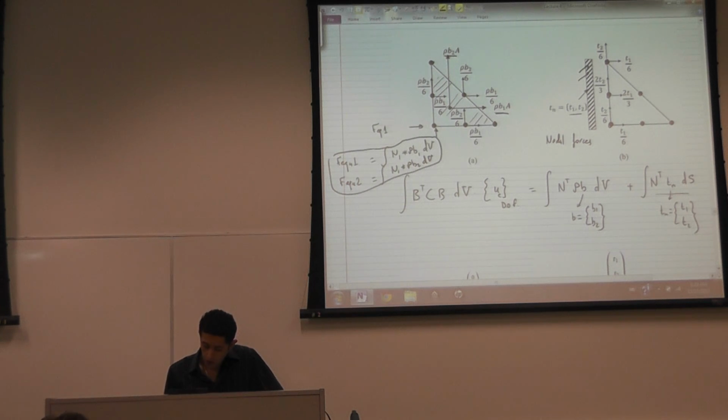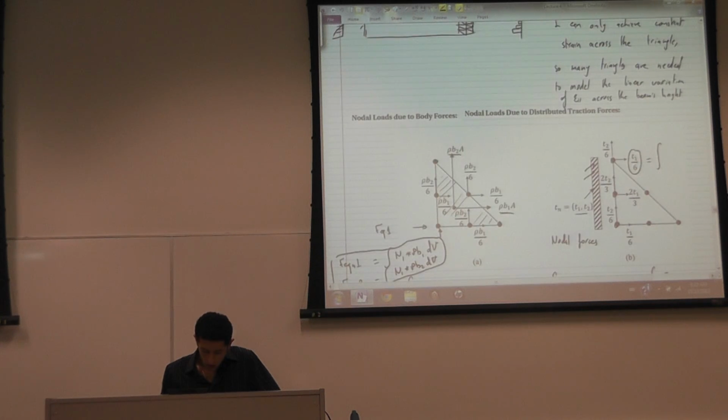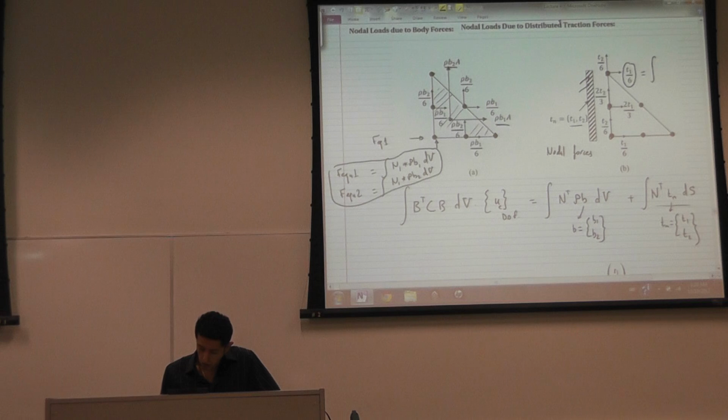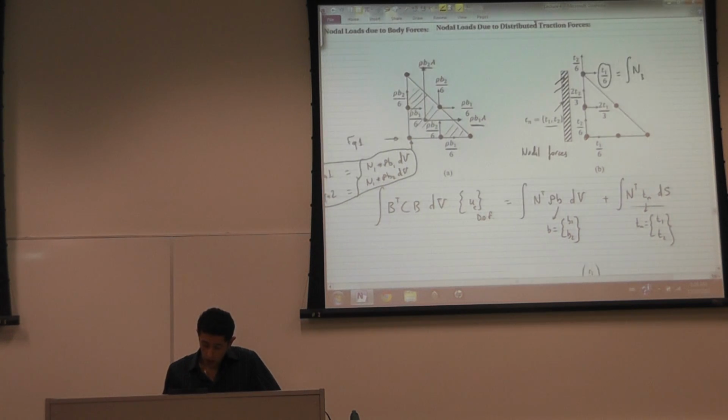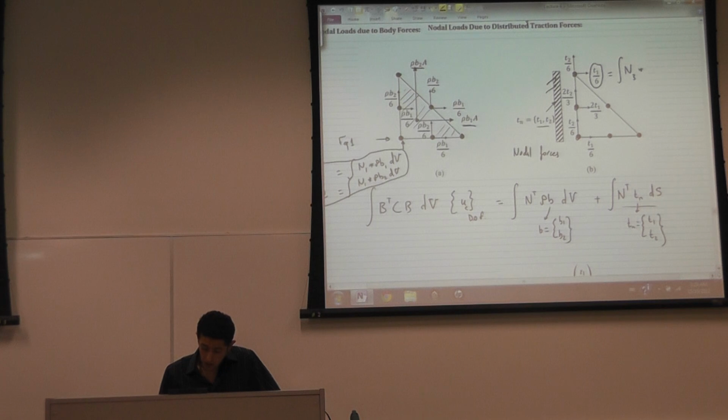So for example, if I want to get this force, this is equal to the integral of, what's the node? I think this is node 3, so N3 multiplied by T1